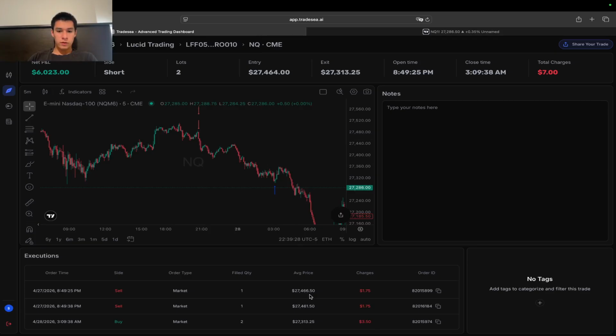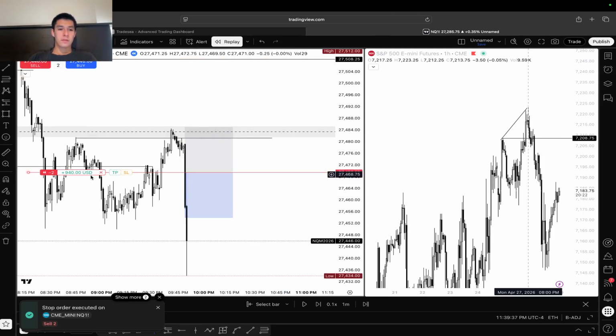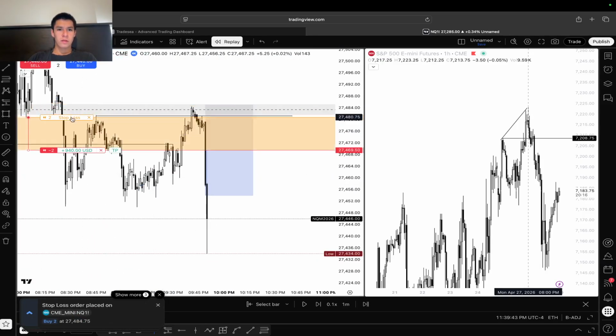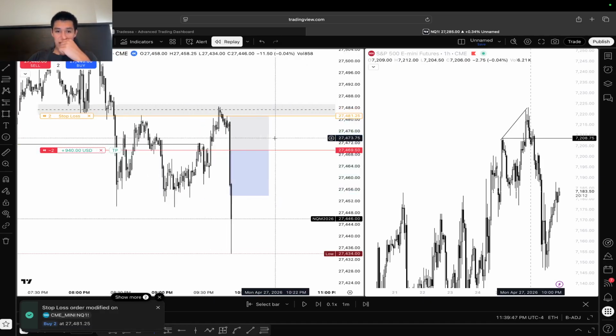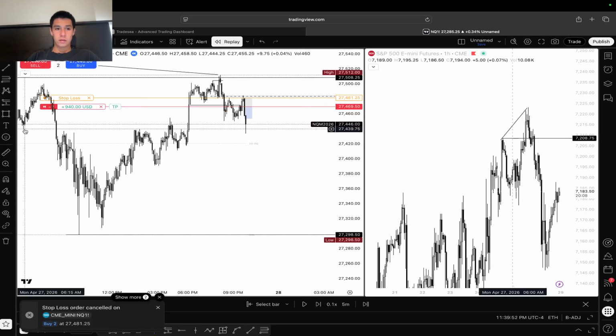What was my full price? 6, and then I got in with one, and then I added another. So damn near that exact price. I put my stop loss here. Actually, I put it pretty tight. I wanted this displacement to run. It was like a 10-point stop, and genuinely was targeting